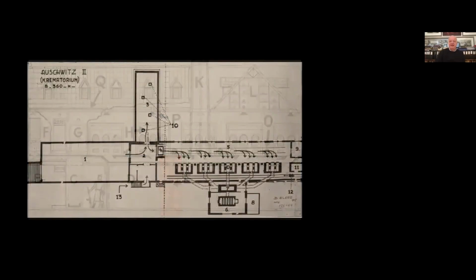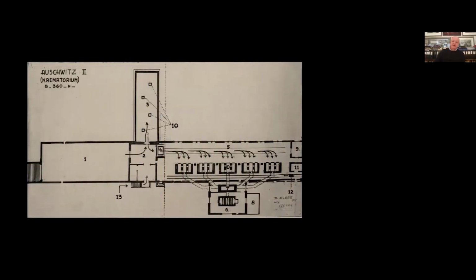Of course, the gas chamber is not right under the incineration room because the foundations, these ovens are too heavy for that. And here we see another drawing from 1945, where he draws the plan of crematorium number 3, but really in his numbering it's 2. It's a mirror image of number 2, which is in his counting number 1. You see the gas chamber, and you see at number 10 the introduction devices, and they are in a zigzag pattern.